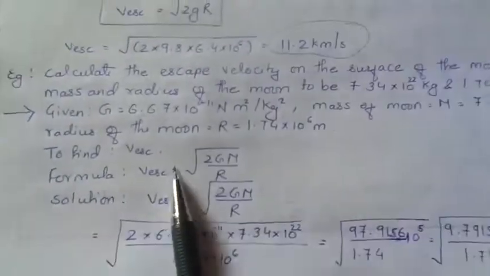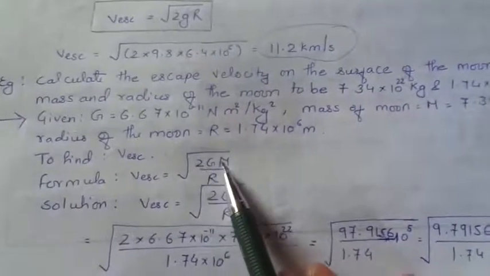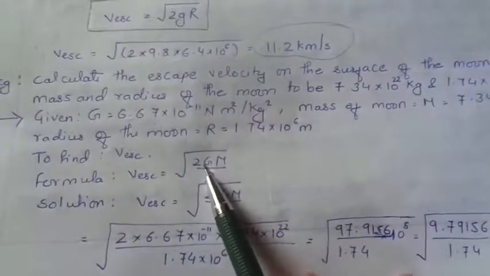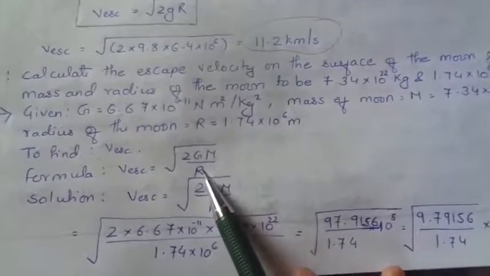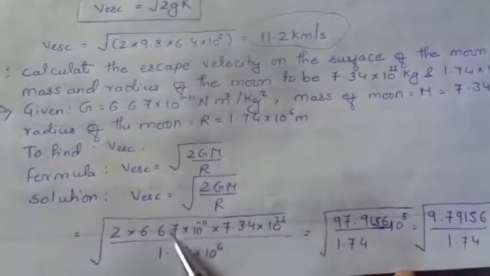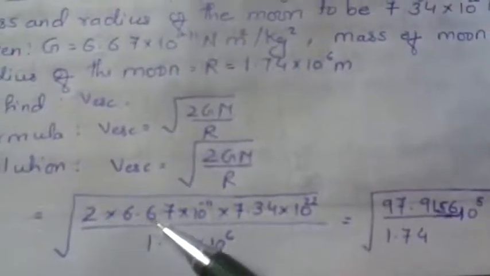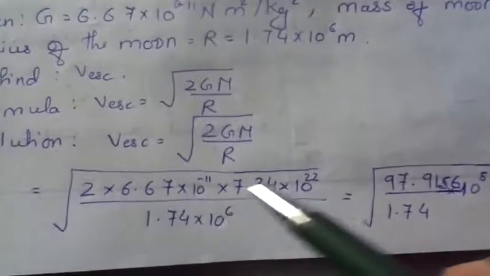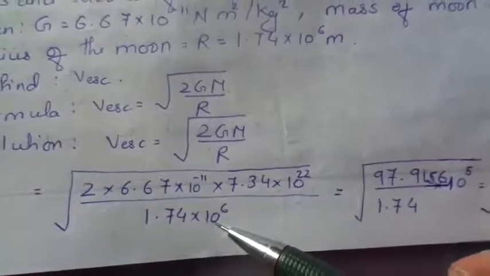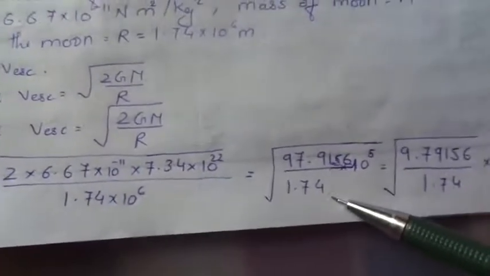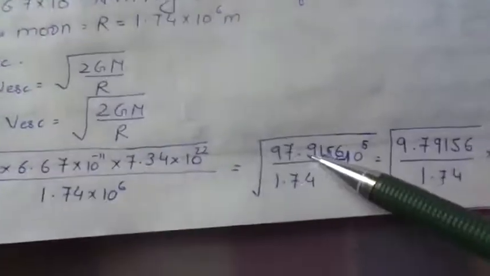We have to find v_escape. The formula for v_escape is root of 2GM upon r, because here we know the gravitational constant, and they have given the mass and the radius. So substituting this in the equation, 2 into 6.67 into 10 to the power minus 11 into 7.34 into 10 to the power 22 divided by 1.74 into 10 to the power 6. Multiplying all these terms, we get